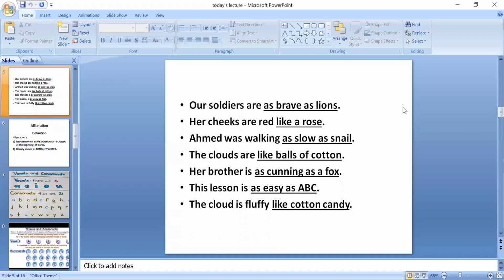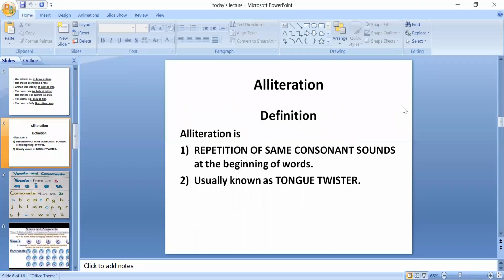Now there is one more grammatical concept which I am going to tell you: alliteration. Alliteration is actually, you can say, a tongue twister, in easy words. But you will say alliteration when you are in your English class. When I tell you that you have to do alliteration, you will not say tongue twister. It is a very common word, so you will not use it. I am just giving you an example that it is like a tongue twister, but its proper name is alliteration.